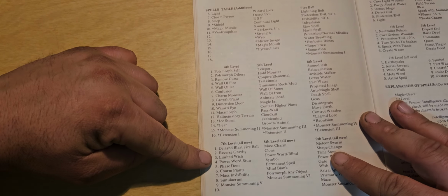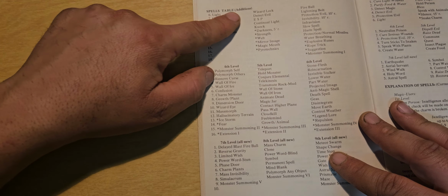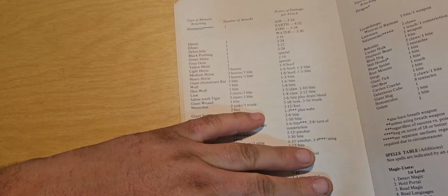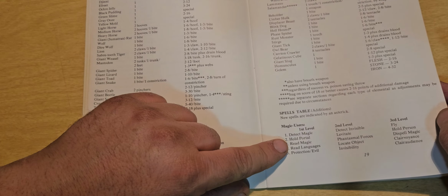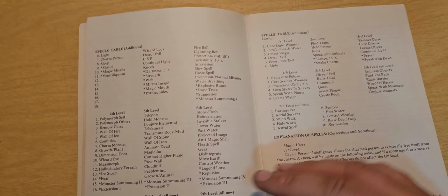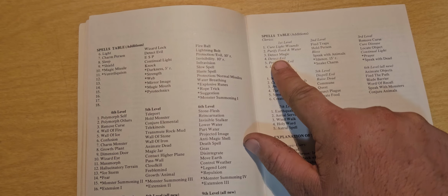If you want to actually read these, you can slow it down. You got a spell table addition for magic users, starting at 1st level, 2nd level, 3rd level, and so forth. 4th level, 5th level, 6th level, 7th level, 8th level, and 9th level. And then you have a new spell table addition for the